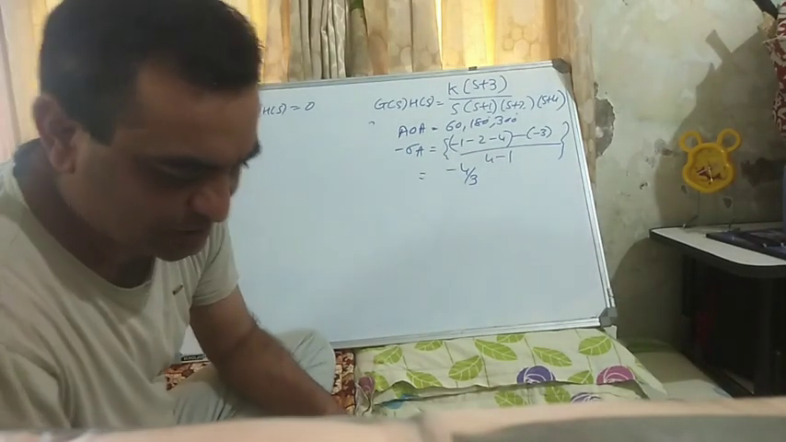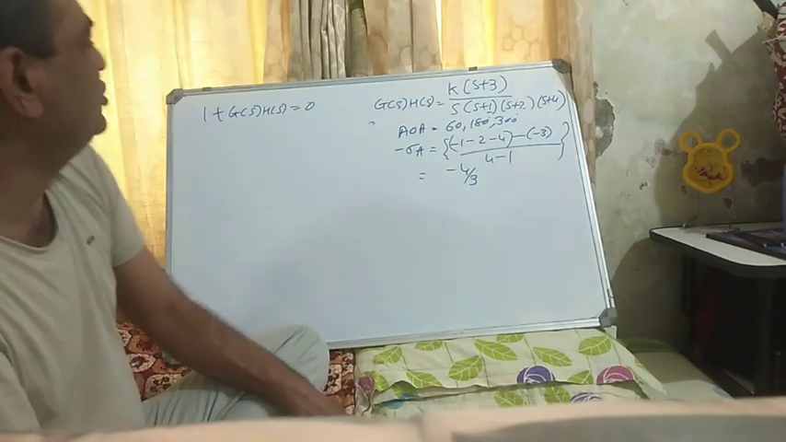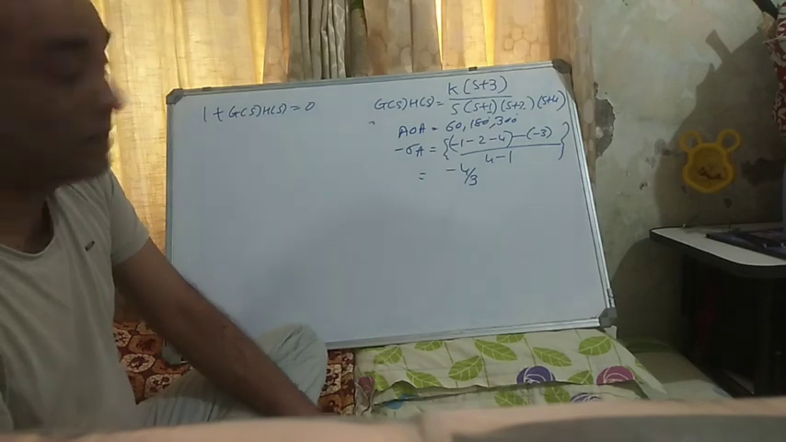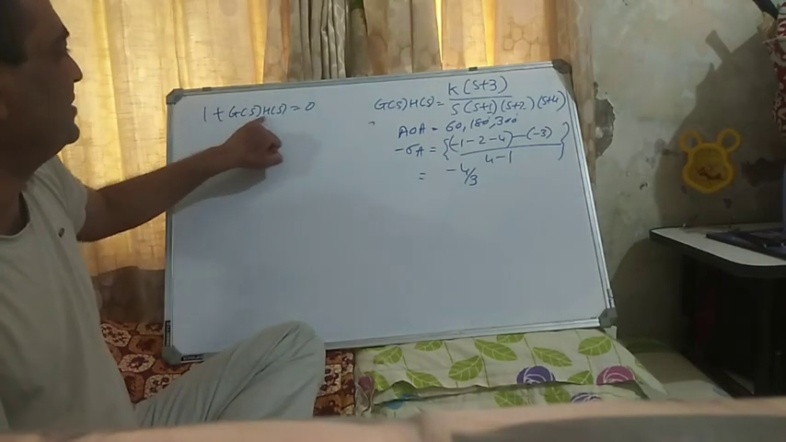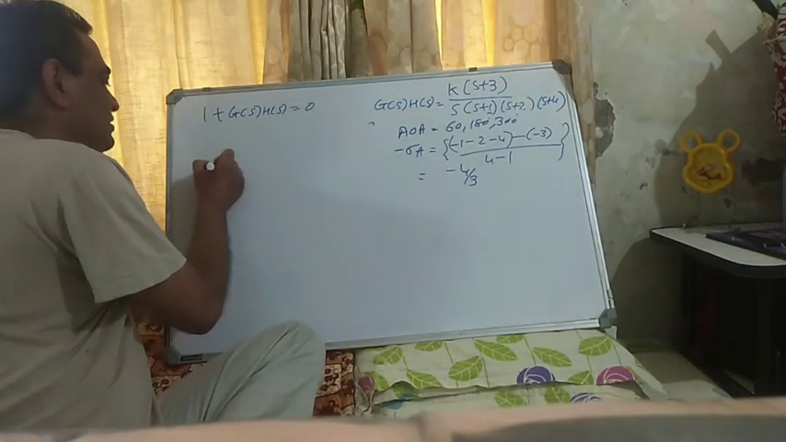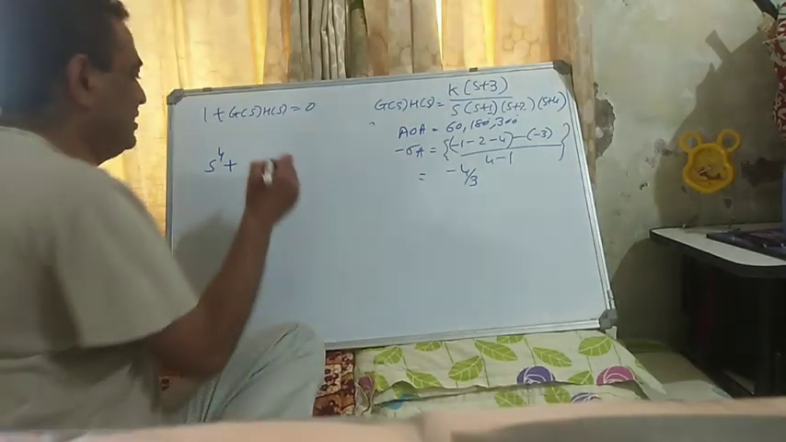So for that, you need to calculate the characteristic equation, that is 1 plus G(s)H(s) equals 0. So I am writing the characteristic equation, that is s raised to 4 plus 7s cube